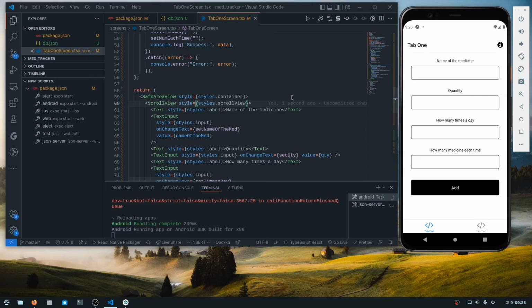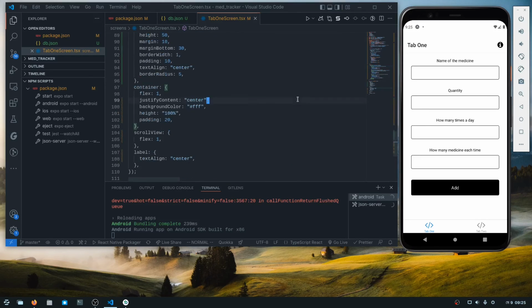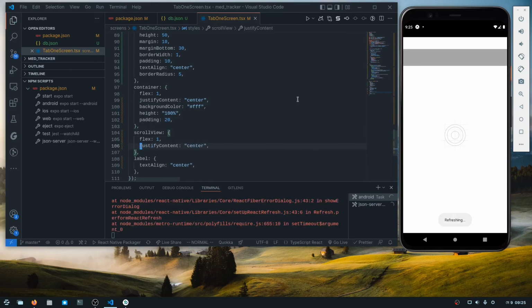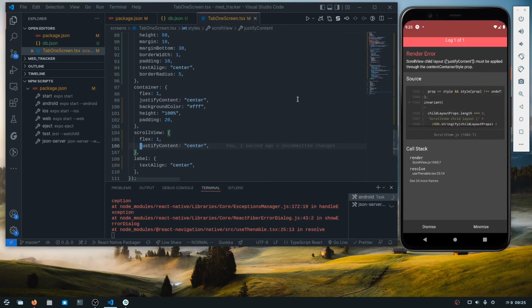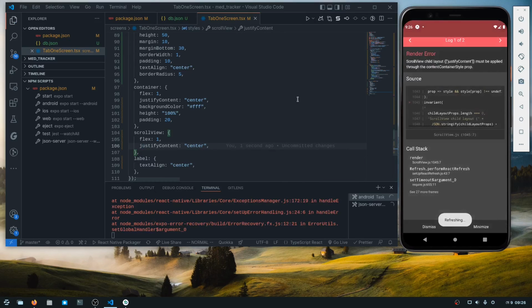What happened? Nothing happened. Ooh, something went wrong. If I do justify content in scroll view,